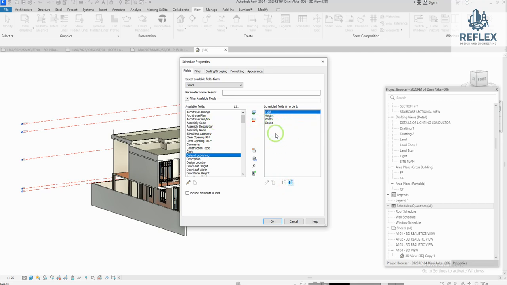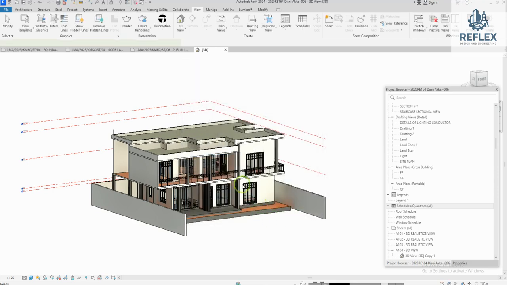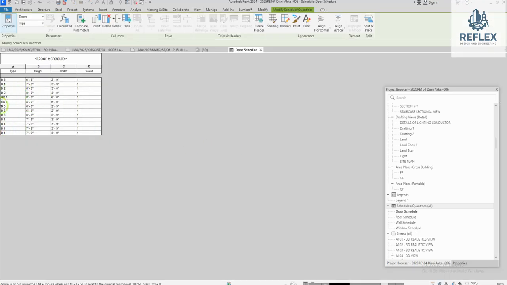If you need, you can add many other fields too, and you can create new parameters, new functions, it means equations like that. I will explain these tools in our next video. Here I'm going to tell you how to take a primary or basic schedule by using a Revit model. Click OK. You can see that this is the schedule I took,